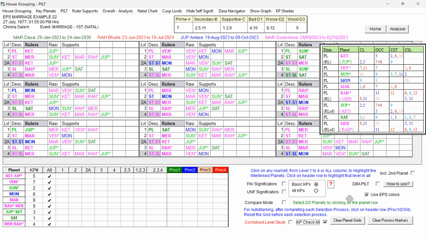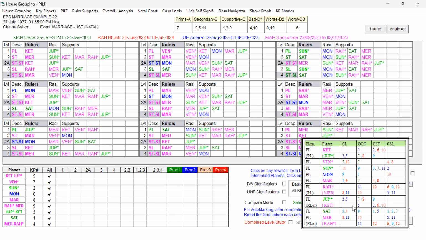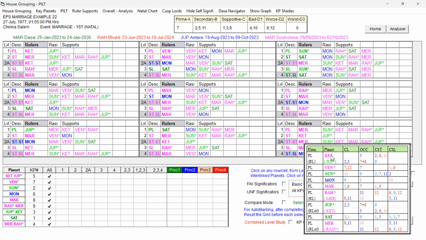Now we have to check the destiny. Look at the self-signification planets. Except Sun, Jupiter and Saturn, the Sun, Jupiter and Saturn are having green colors, and Moon has got blue and the remaining are all pink. It means all are mixed ones. So Rahu, you can see, is 6th sublord, 12th sublord and also 9th sublord. So 11th occupant and 6, 9 and 12. So this is having mixed signification.